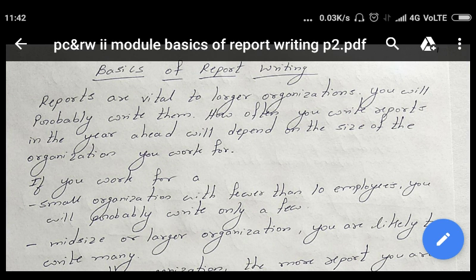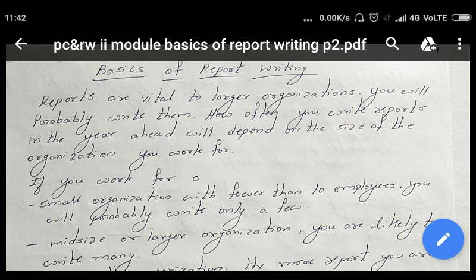So in the previous class we have studied about business etiquette. What are the different conversational styles, viewpoint, use of the positive language. In the viewpoint we have studied about the use of the you point and the we point. Okay, the importance of the you point you have studied in the previous class, and how you have to use the positive language, the use of the positive words in your writing, and the use of courtesy while writing the particular letter.